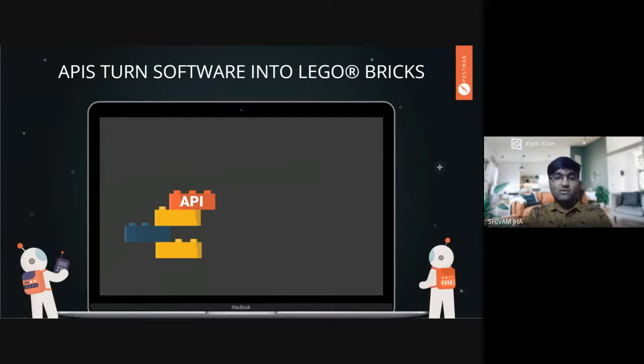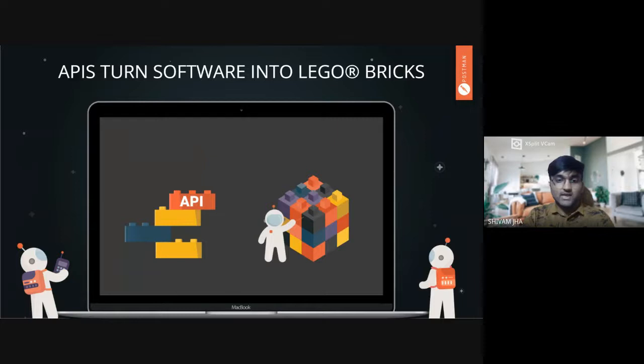What do you need to do? You just need to break this block, let's suppose this orange block, which represents the API which renders your user interface. You just need to make changes in this block. You don't need to write everything from the bottom up. Or suppose you create a new version of your UI. You just detach this block from the software and attach the new one. So that's the modularity we're talking about.